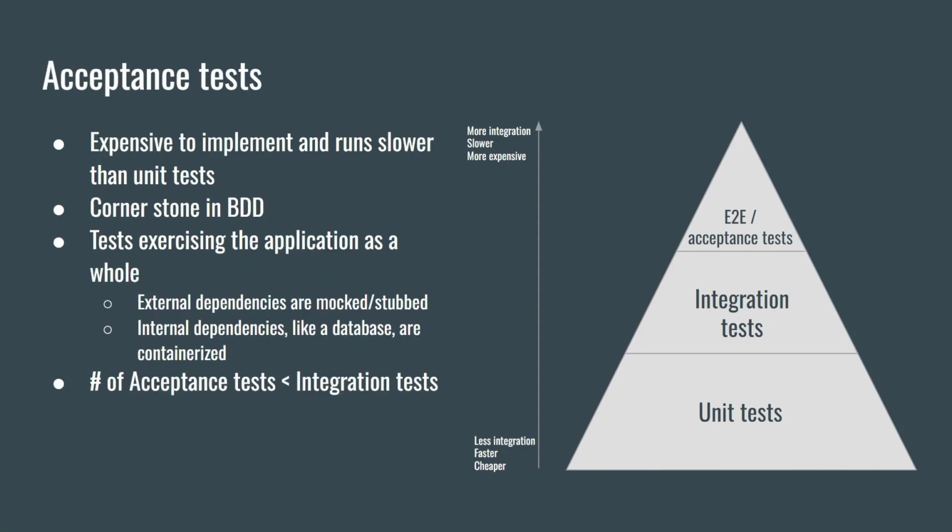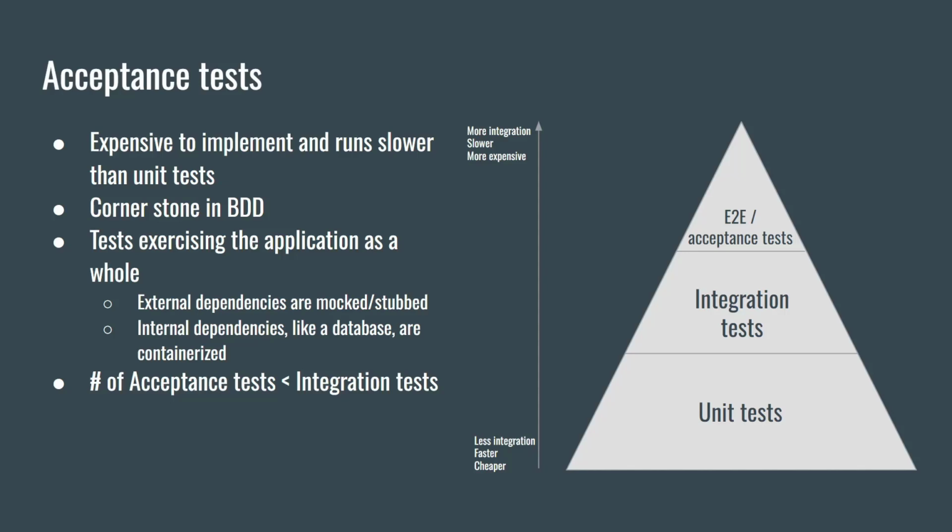And then the top of the pyramid, that's the end-to-end testing. And this is the layer where acceptance testing is also a part of. It's more expensive to implement and they run slower than unit tests, but it still can be used as a cornerstone of the BDD way of delivering features to your business. So the acceptance test and the end-to-end test in general, they exercise the application as a whole. So they spin up the application and they